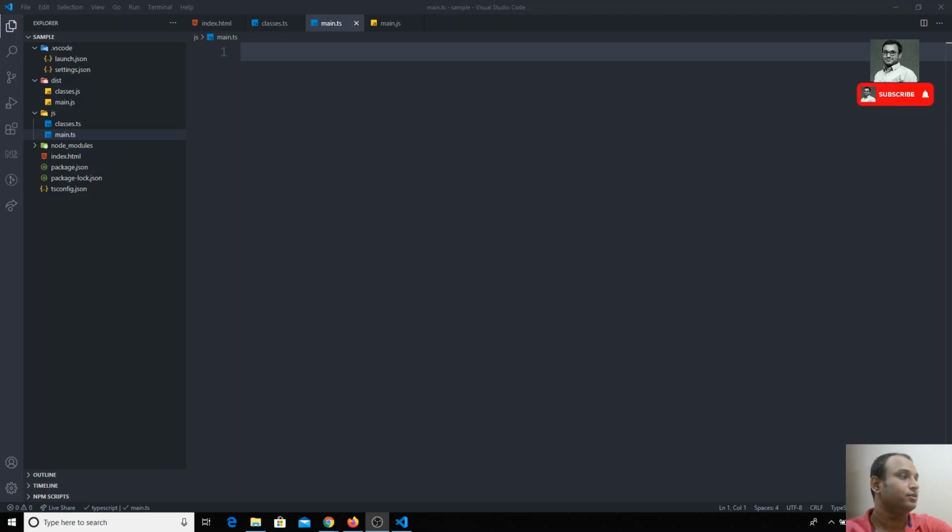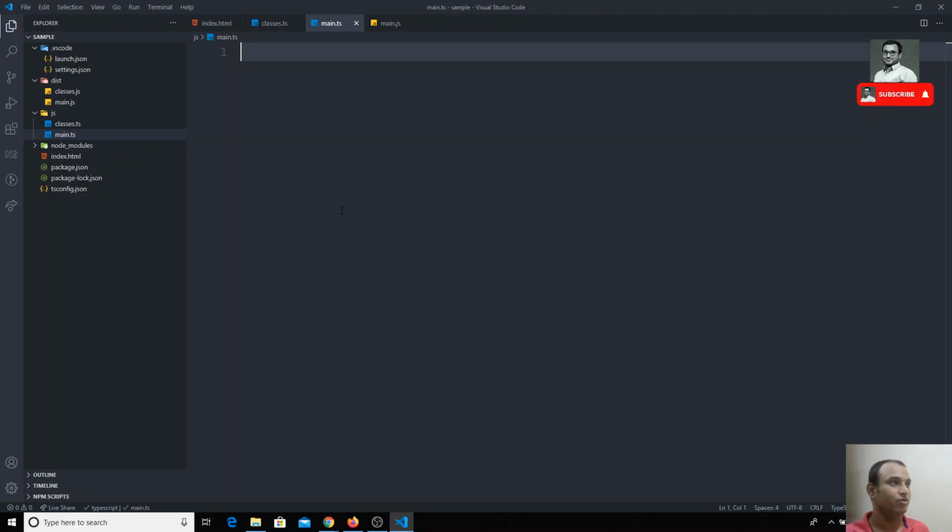In a simple way, what we can say is that an interface defines the structure of an object. Whenever we want to define the structure of an object, we can implement the object structure using this interface. So how we can represent this, we will see. In the previous videos we have seen the types in TypeScript, how we can declare the types of an object, right? So we can declare that using an interface also. So how the interface will be very useful, we will be seeing.